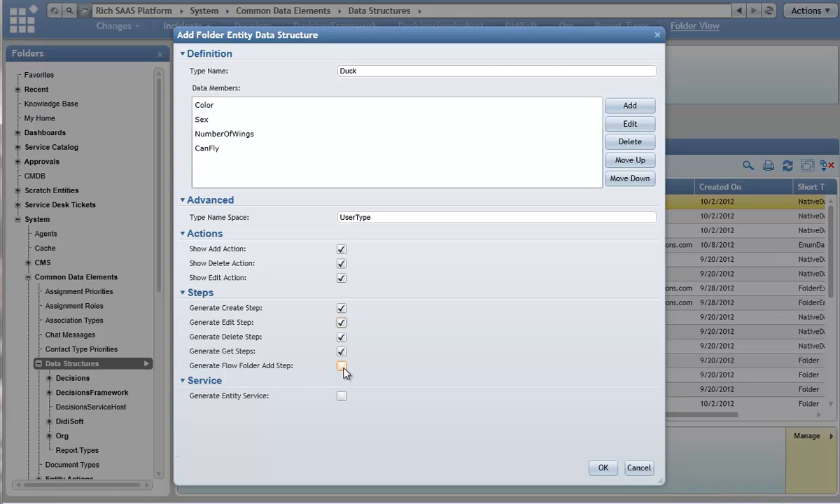We are going to generate the flow folder add step, so that's useful when we are running a process and we want to add an entity to that process folder. And we'll also generate the entity service. That generate entity service checkbox will give us a folder down here under entity actions where we can create additional actions that only apply to ducks. So we will click OK